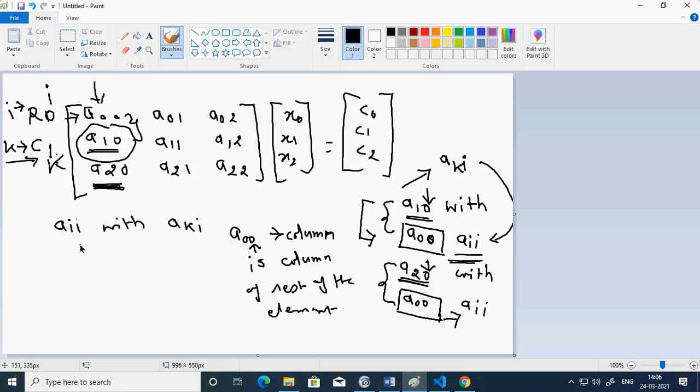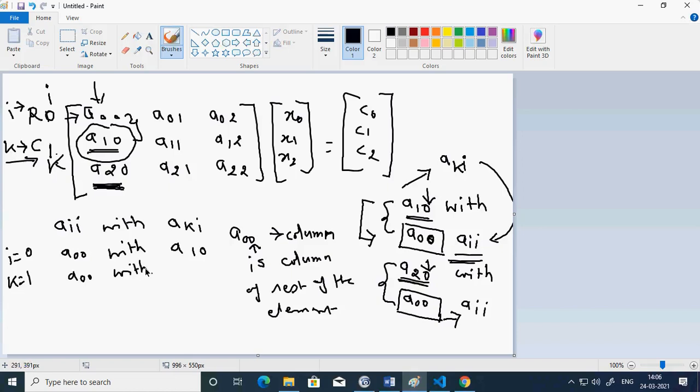This is what ultimately I have to compare. You can see, if I is 0, my K automatically becomes 1. So what is going to happen? This is A00 with A10.